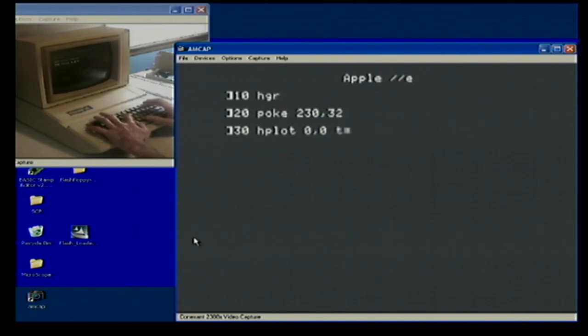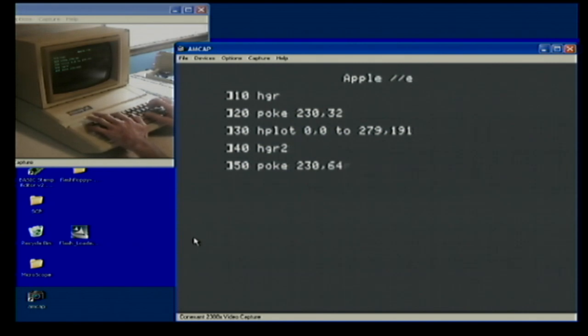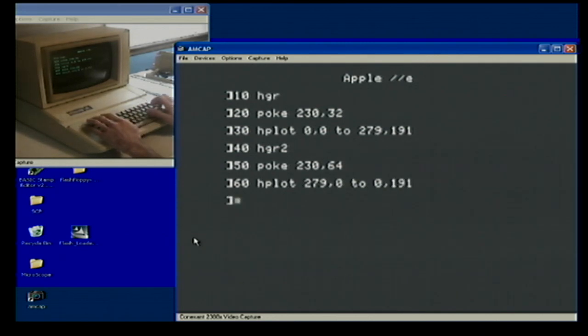and just do a vertical line on the screen. Next we want to draw on page 2, and we're telling the computer to draw specifically to that page. And we're going to draw a line in the opposite direction. Let's see. And then